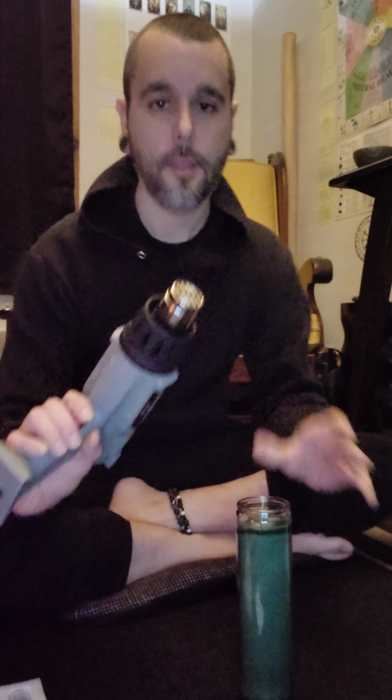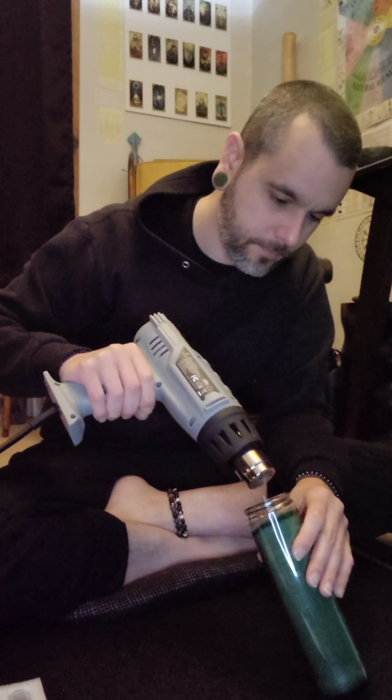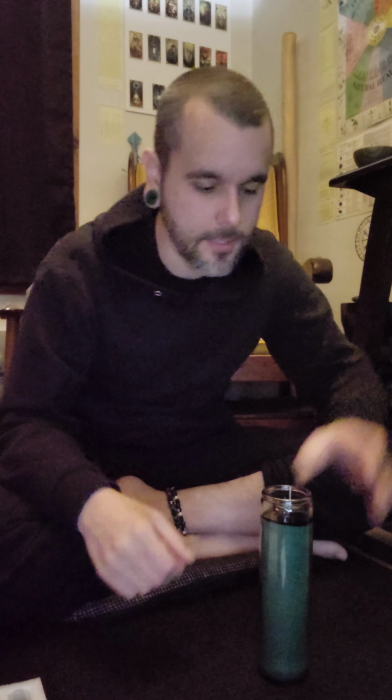So what I'm going to do is take this heat gun that I have here and use it to melt the wax down. So I will be right back with that. Okay, welcome back. So now that the wax is melted and at a more level,